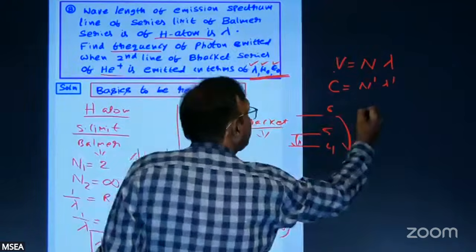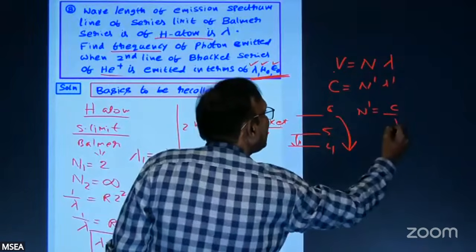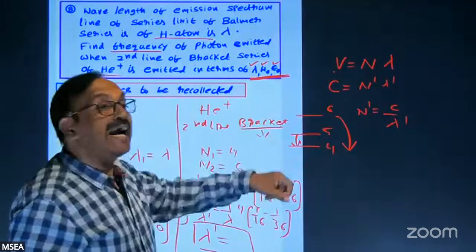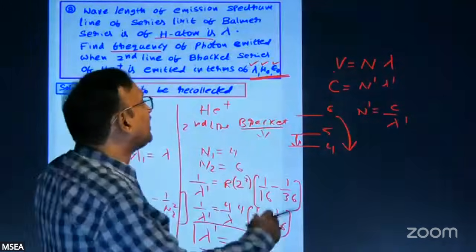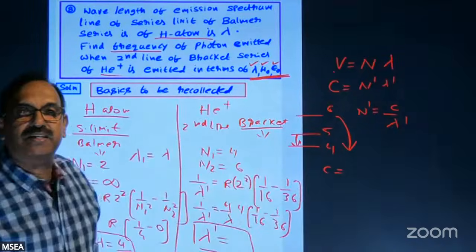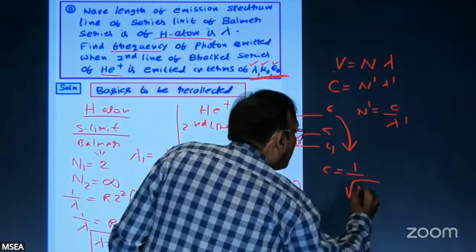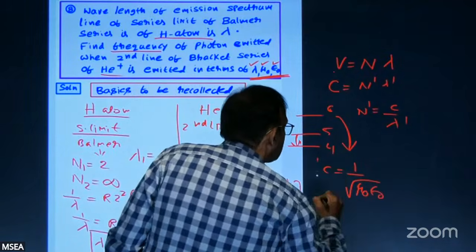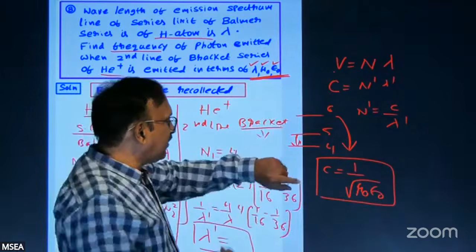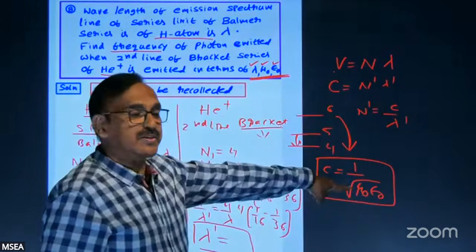Okay, you want the final frequency. So n dash comes out to be C by lambda dash. Do you know what lambda dash means? Yes, we do get lambda dash from here. And how do we get C? What are the terms that are given? Mu naught, epsilon naught. You know that the velocity of any electromagnetic wave comes out to be 1 by root of mu naught epsilon naught. This is one of the important formulas in physics: the velocity of any electromagnetic wave is 1 by root of mu naught into epsilon naught.